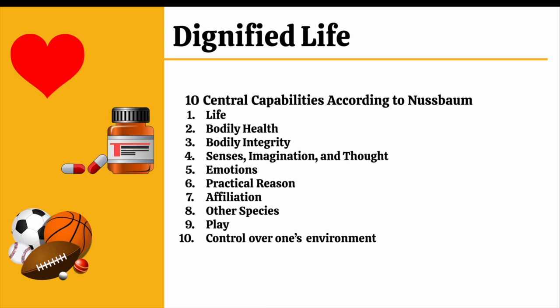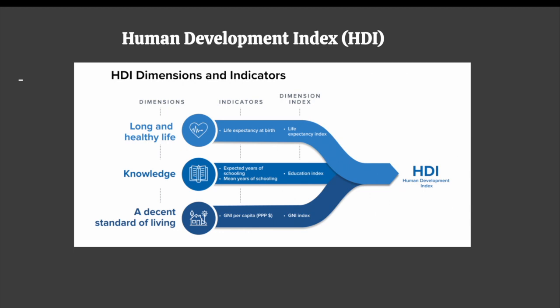So instead of using this list, we will use the HDI to help decide if humans live a dignified life. The HDI, or Human Development Index, was created to help measure human capabilities in regards to a country's development. From Nussbaum's list, it looks at bodily health, sense, imagination, and thought. This approach to measuring capabilities is much more practical, and all the elements that are measured in the HDI are indisputable in determining human capabilities and living a dignified life. While someone may have all of these and still not have a dignified life, we believe that the HDI is a great place to start.